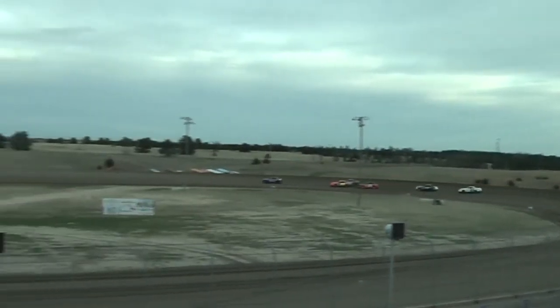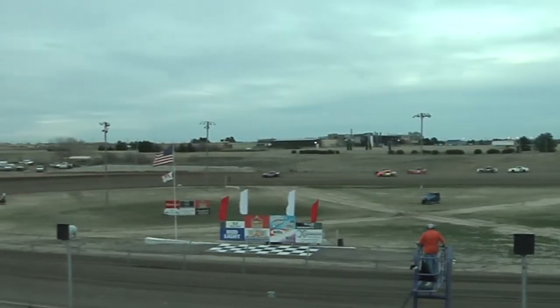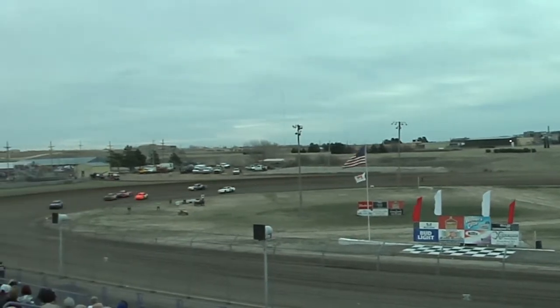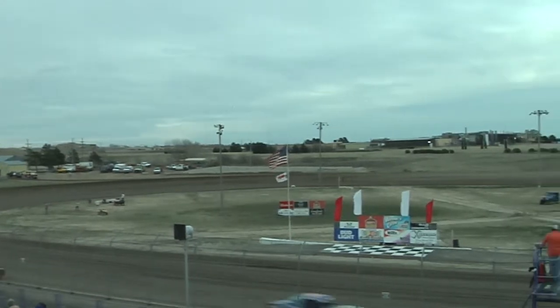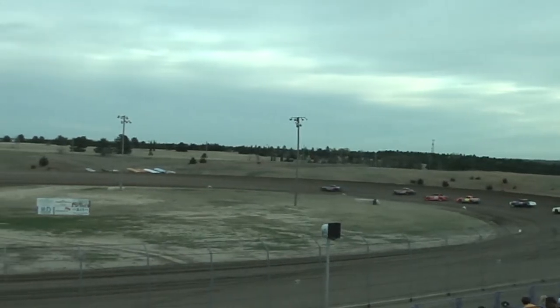Holloway drops it to the bottom. Sterling now to the outside of Teifelt. That's the battle for second. Down the back straightaway into 3 and 4. Sterling using that high side. Holloway going to follow right in his tire tracks as the 3-car battle for that second spot, and they're going to freight train him. Sterling to second, Holloway to third, Teifelt back to that 4th spot, and then it's Bauer